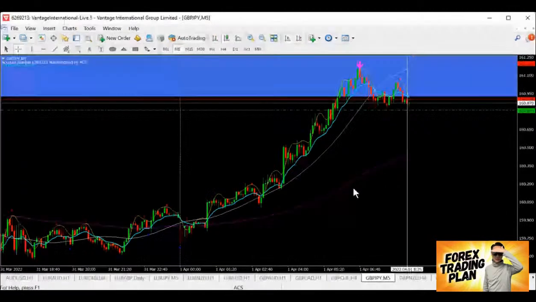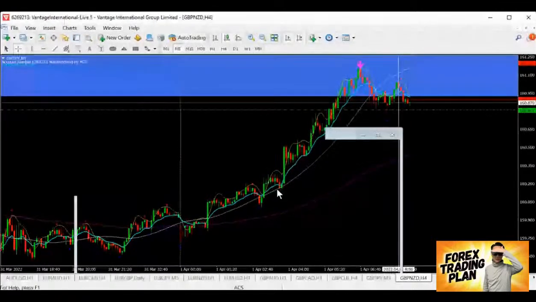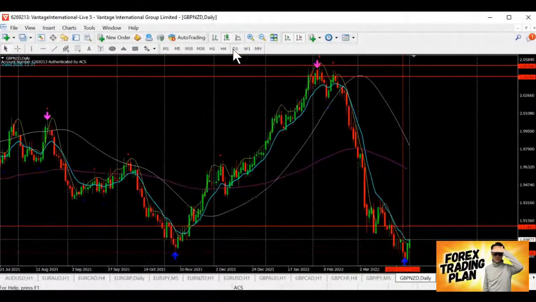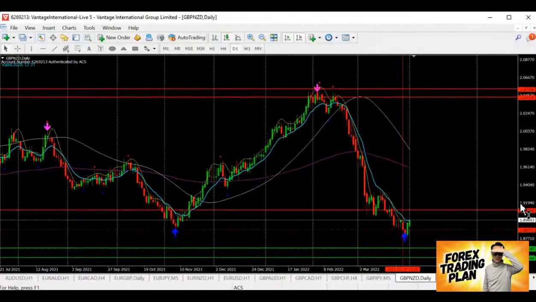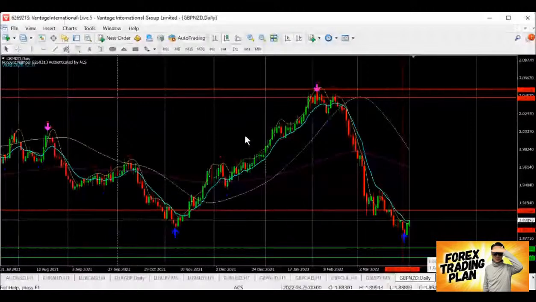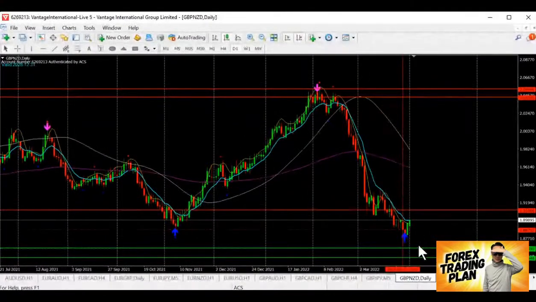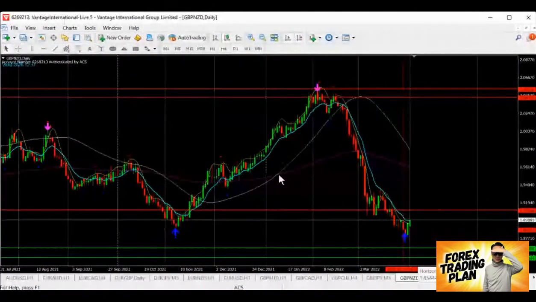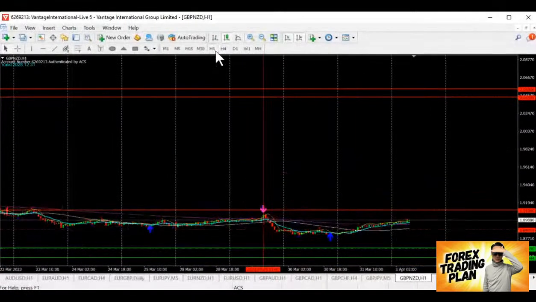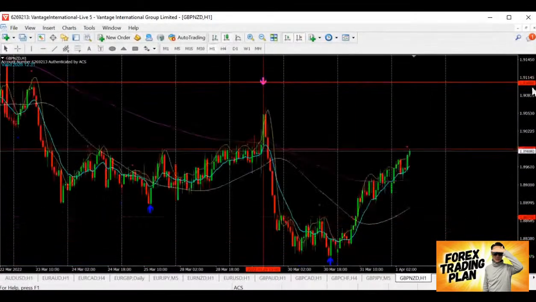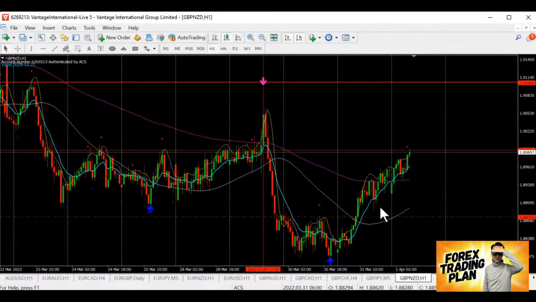Into my pound kiwi. Pound kiwi has touched the support and now retreats upwards, getting nearer each day as we are talking about it. It's getting nearer to our bull zone over here. So retracement is still going on. Then I'm not going to touch this because it looks like it's going for a very big retracement.